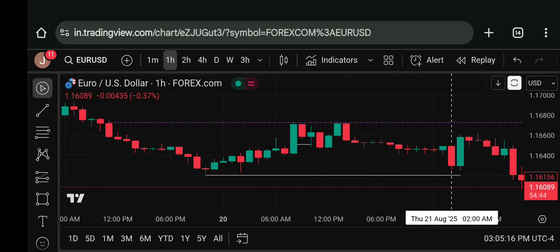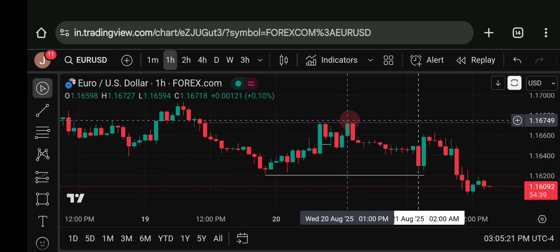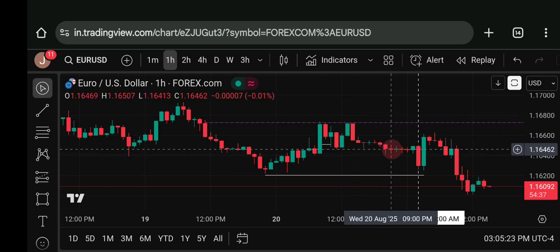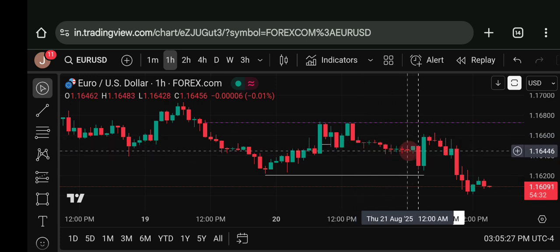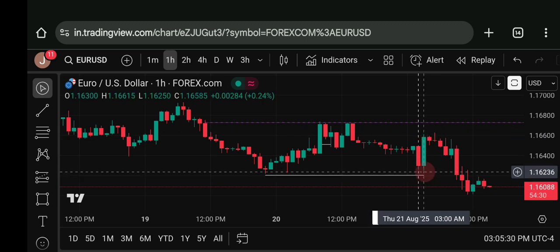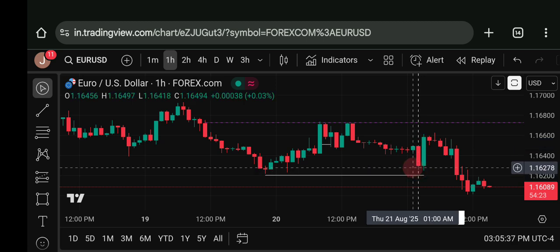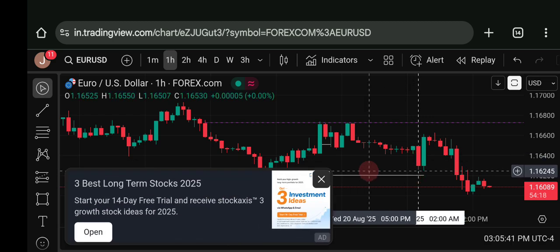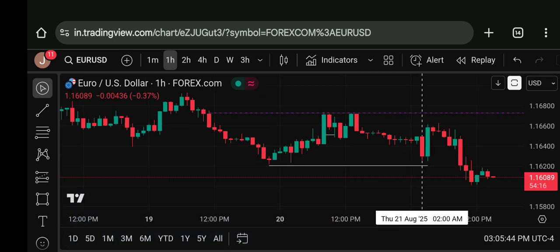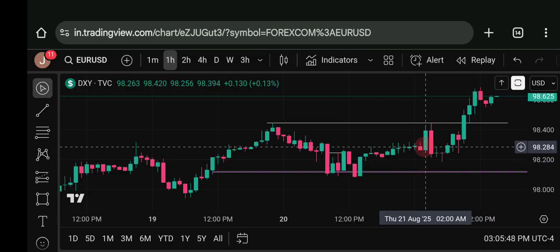You can see that here. And before FOMC, it was manipulation to the upside, and after FOMC the real move started. After this is the Sydney session, New York PM session consolidation, and after that London session opening, price went up to here. I was near take profit, but I moved my stop loss to break even. I did not exit it, as our drawn liquidity was hit on the dollar index here,